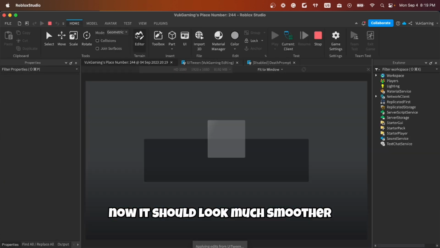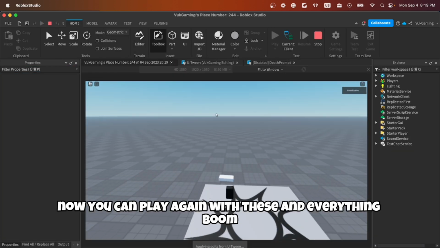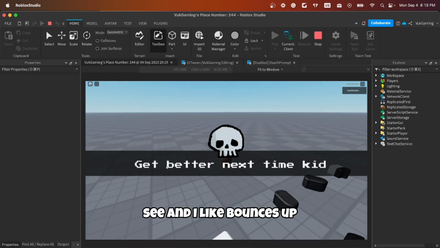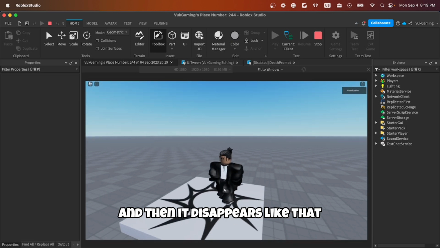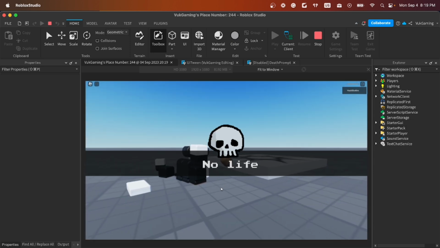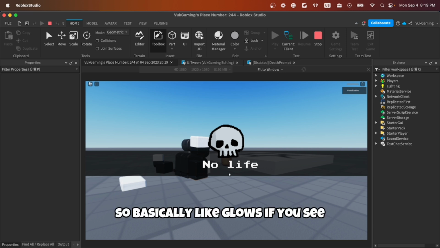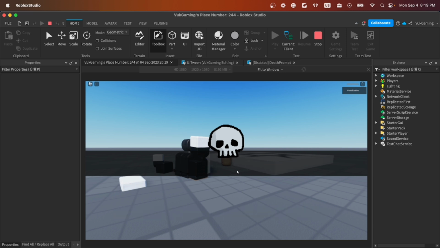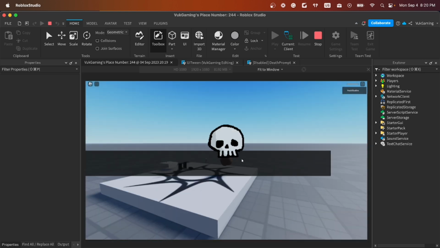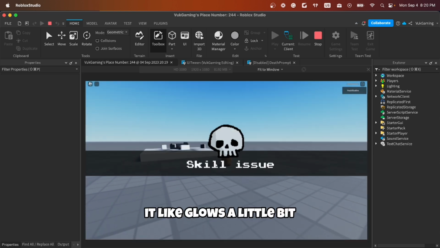and let's see how it looks now. Now it should look much smoother. You can play again with these and everything. Boom, see, now it bounces up and then it disappears like that. If we go again and reset again, boom, so it basically glows if you see it, and then it disappears completely. Let's try it again. Boom, it glows a little bit,